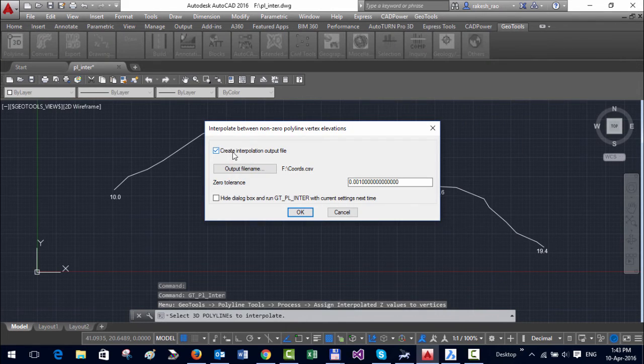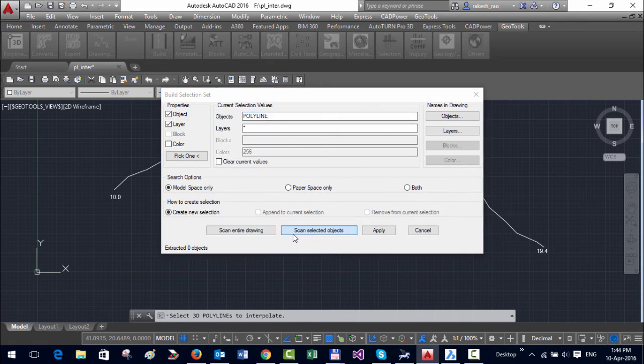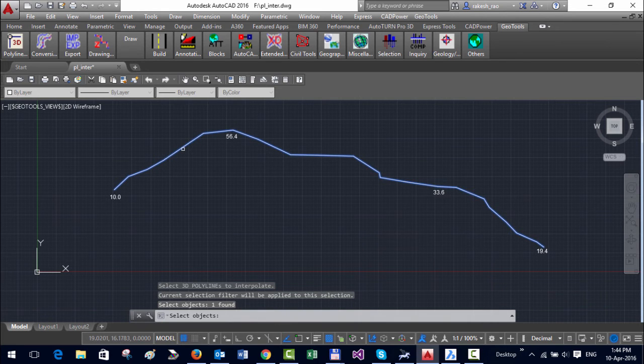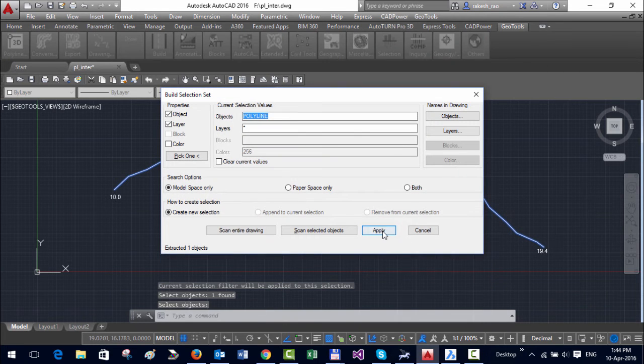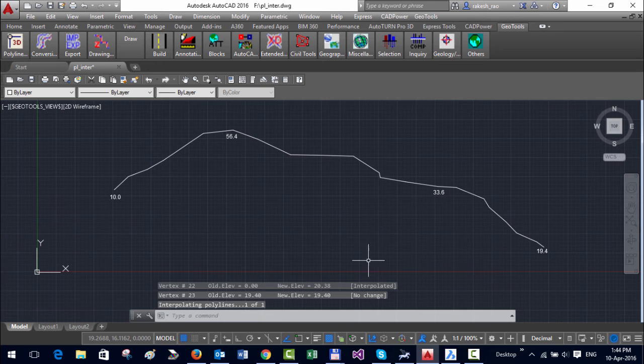You can create an interpolation output file, which is basically a listing of all the old coordinates and the new coordinates, and I've set the file as coords.sys. Now I'm going to select this polyline and say apply. So it's done it.